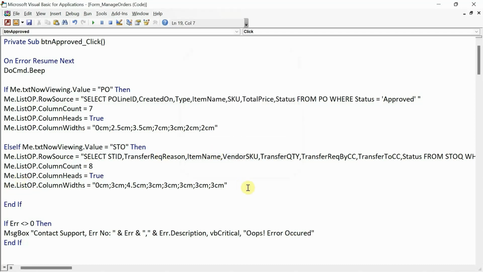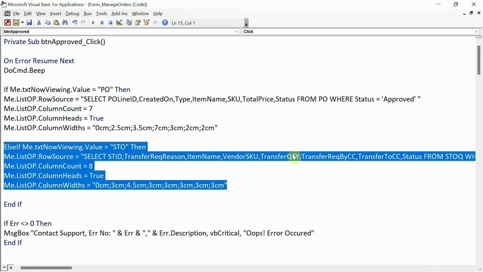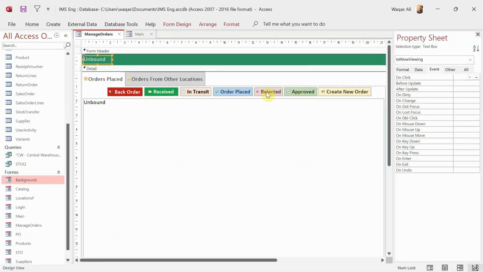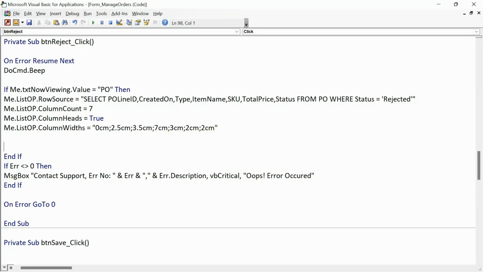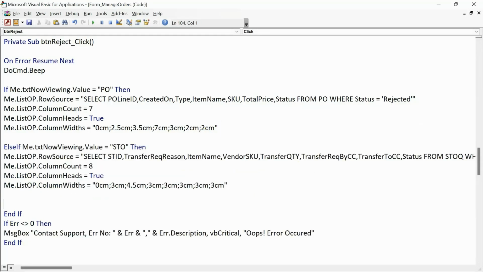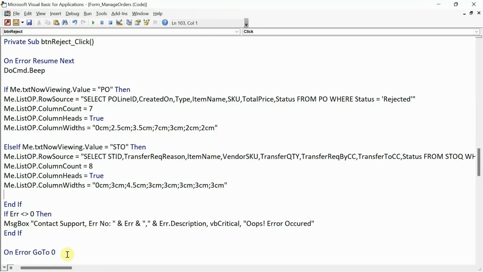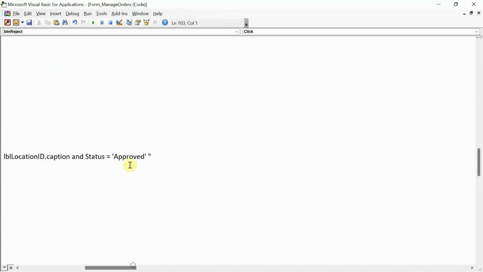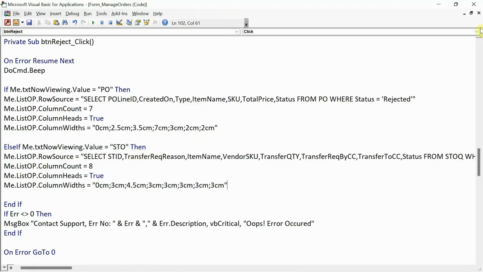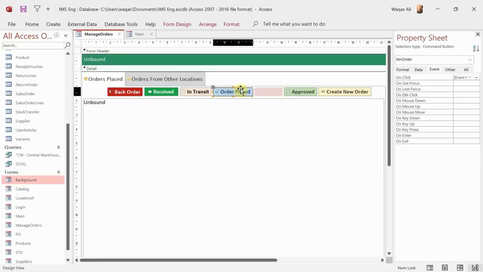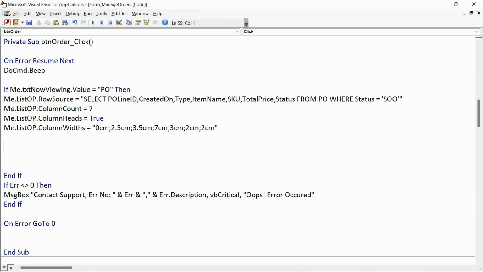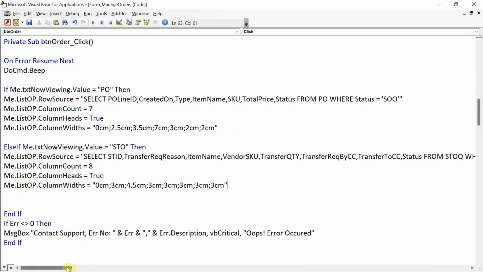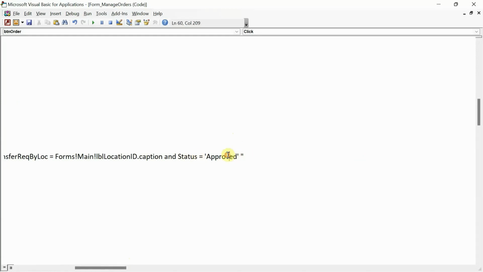So I'm going to copy this entire code again, close it, and we'll come back to reject it, come here, make space, there we go. The only thing we now need to change is this status. So we'll say rejected. Alrighty, close that. We'll go to the order placed, come here, make a little space and change the status to